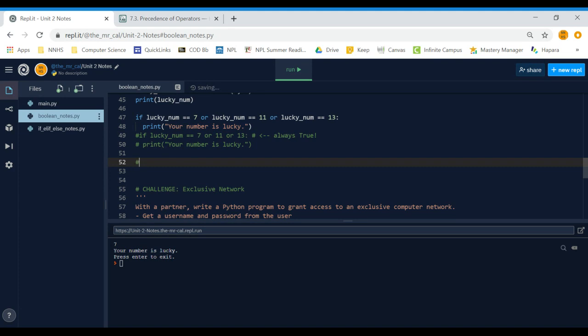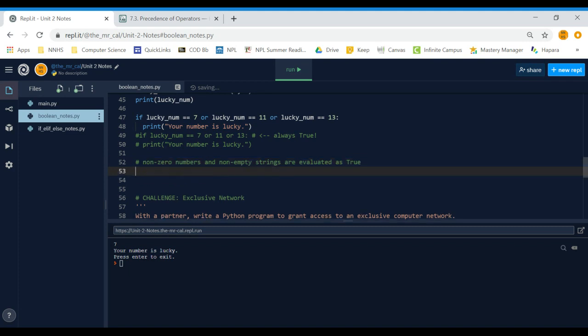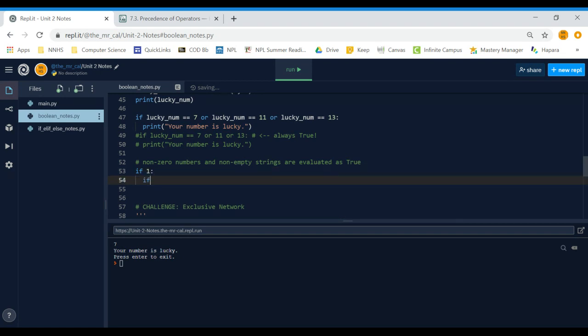I want to point out in a little more detail that non-zero numbers and non-empty strings are evaluated as true. To show you this in a bit more detail, we can see this if we just write a series of if statements to check it out. So we could say, like, if 1, for example, evaluate to true,